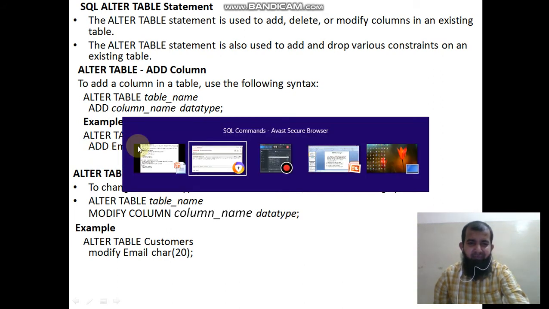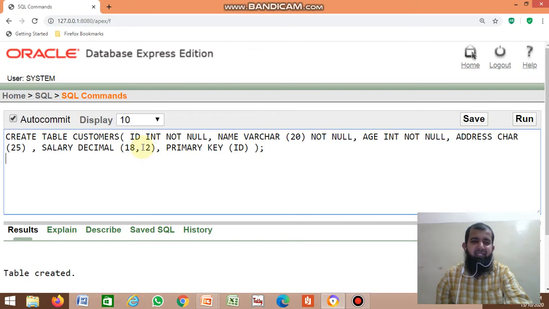Here in the customer table, the email column does not exist, so you can add the email column.